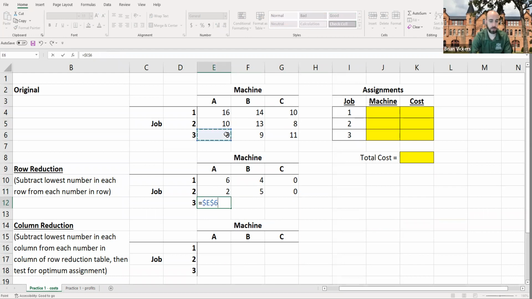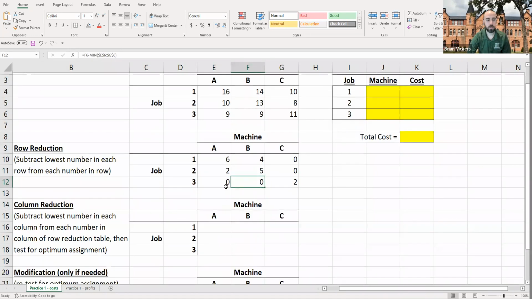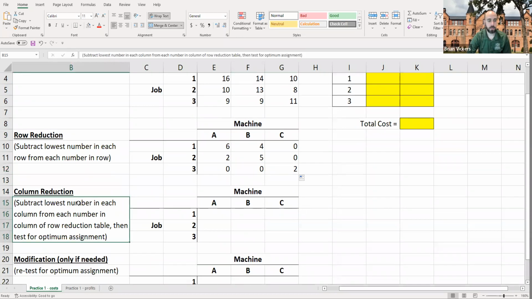This number minus the min of this row. 9 minus 9 is 0, 9 minus 9 is 0, 11 minus 9 is 2. So far so good. We've reduced each of these numbers in this row by the lowest number, okay? That's step one. Step two is to subtract the lowest number in each column from